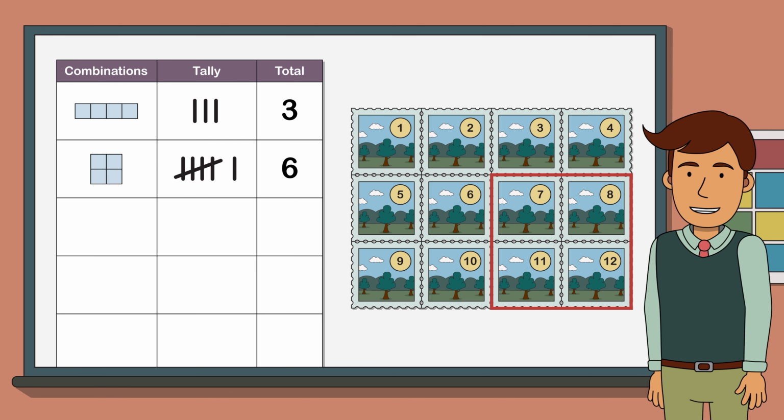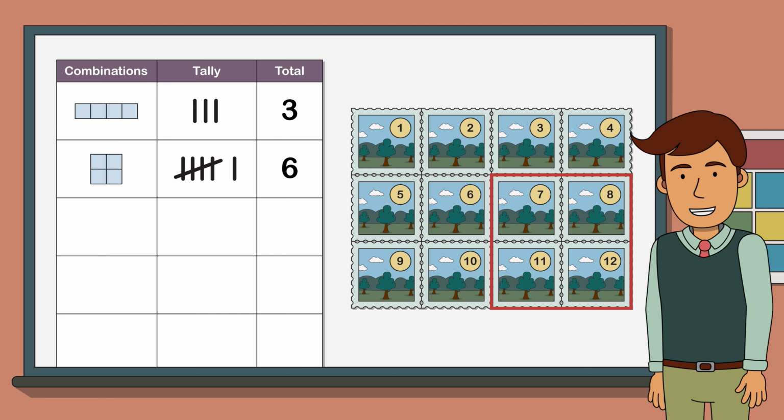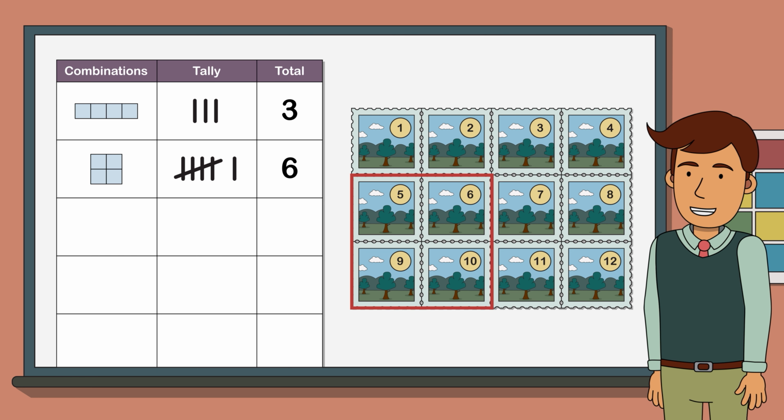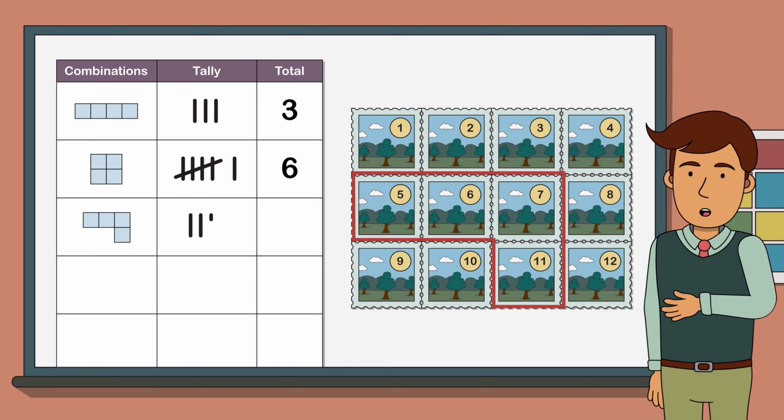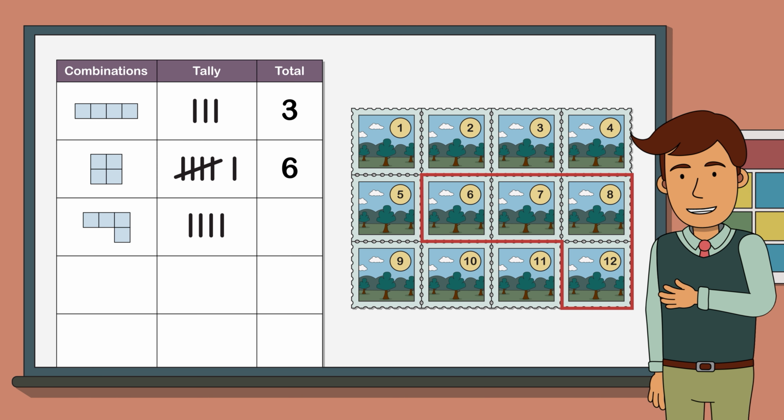Now, this is where things get a little trickier. The previous 4-stamp combinations we looked at only exist in one orientation. If we flipped or rotated them, it wouldn't add any new combinations to our tally. Let's look at the combination represented by the numbers 1, 2, 3, and 7. There are 4 instances of this combination, so let's add it to our table.